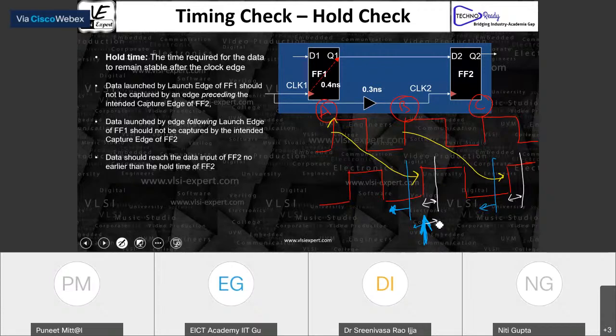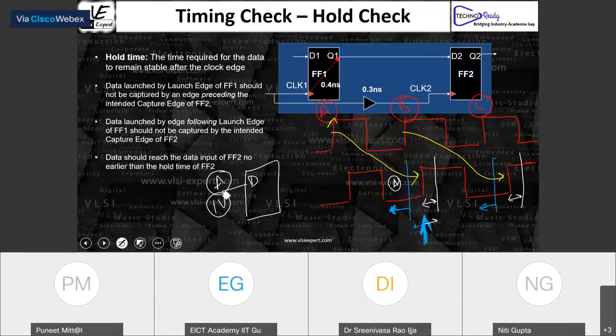Now the question comes, when A has already reached here, who can make that particular data unstable? So in a flip-flop, this is my D pin. Now A has already reached here, A in the sense the data. Now what is that data? Data is a 1 or 0, whatever it is. That is not in terms of voltage. So let us suppose it is 1, say 1 volt, that has already reached here.